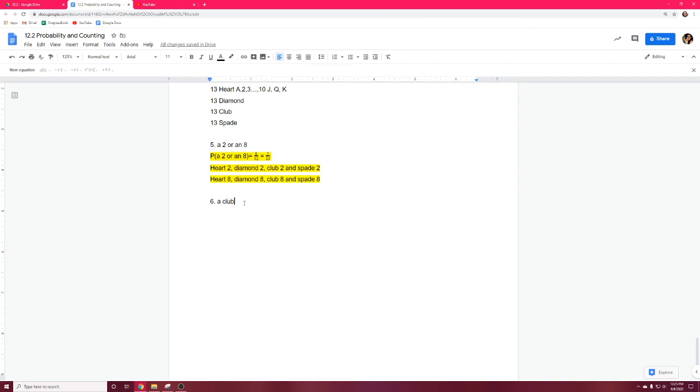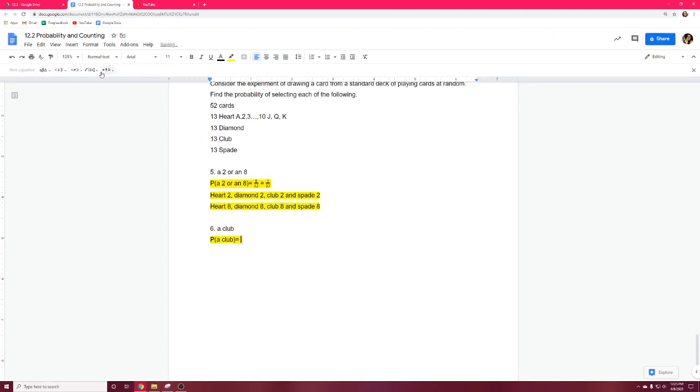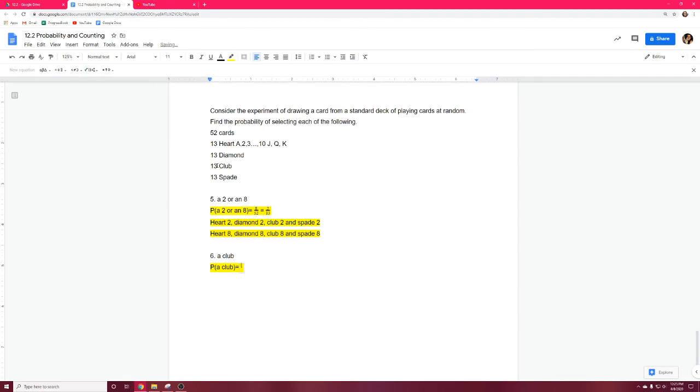Okay, all right, next one, they ask you what is the probability of having a club. So my probability of club. Okay, so how many club cards are there? So according to my introduction, for the club card, we have 13 club cards in a deck. So 13 on the top and total card number on the bottom will be 52 cards. And you divide it by 13 on the top and bottom, you got